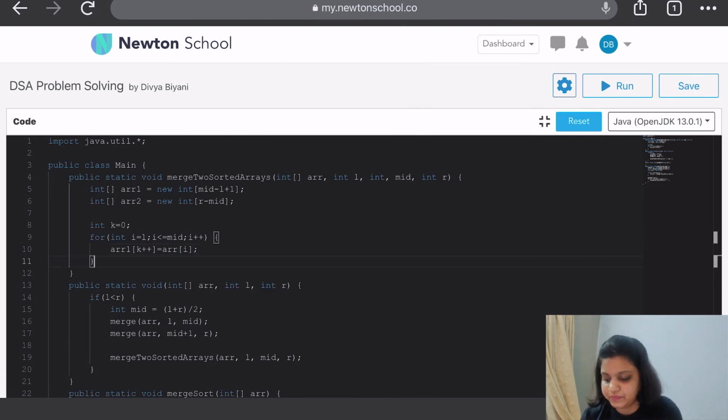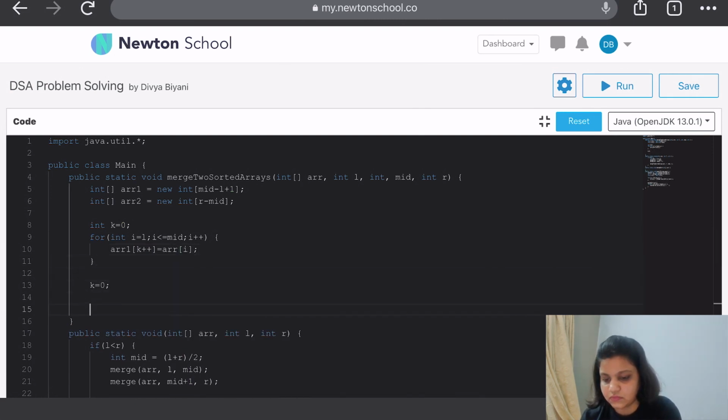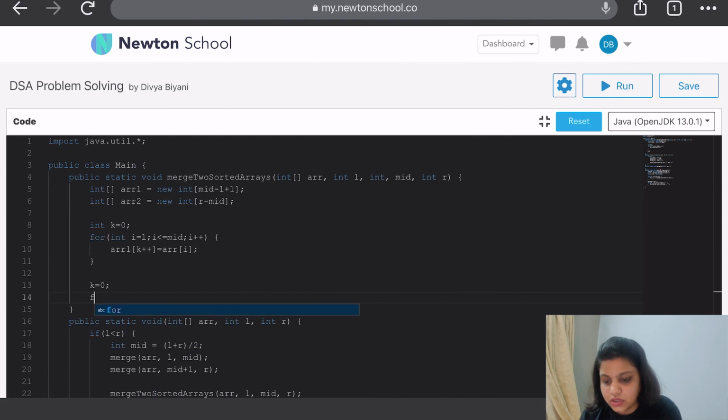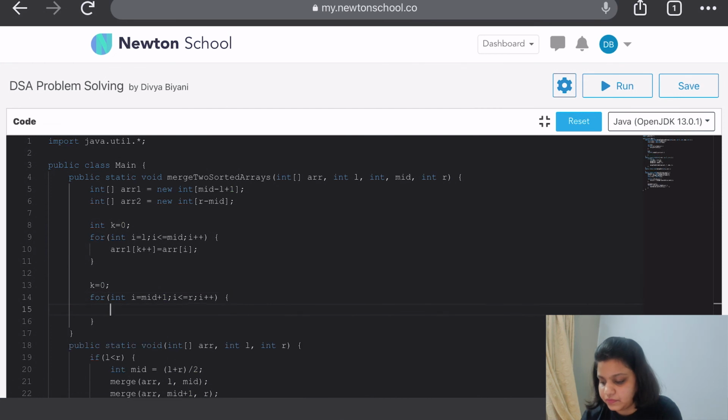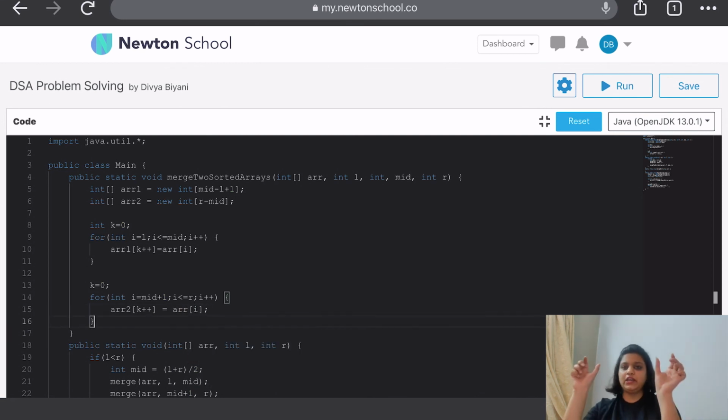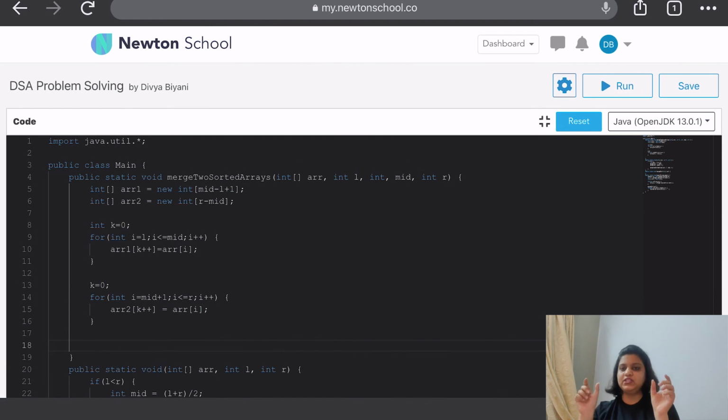Similarly, we are going to start inserting in array 2 from element mid plus 1 to R. Through this our array 1 and array 2 have been created, and both these arrays are sorted, and now we have to merge them.